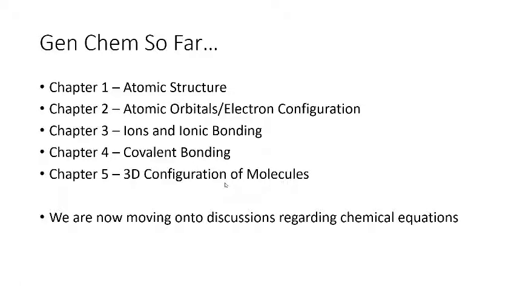So in chapter 1, we learned atomic structure. In chapter 2, we were introduced to atomic orbitals and electron configuration. Chapter 3, we worked on ions and ionic bonding. Chapter 4, covalent bonding. In chapter 5, we have 3D configuration of molecules. So now we're going to move on to discuss the actual combination of these molecules together and the reactions called